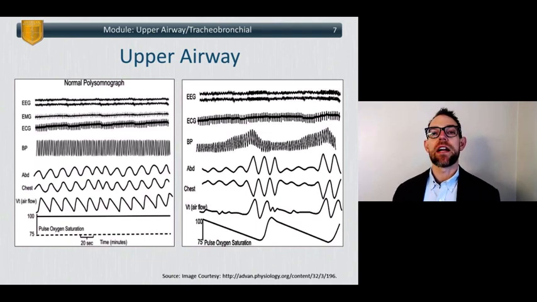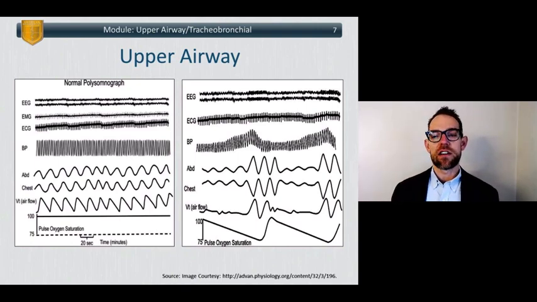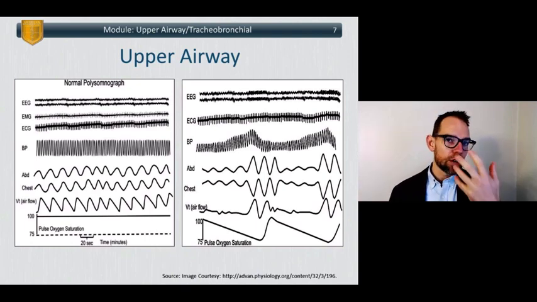Now, if you look on screen right, this is for patients that are affected by obstructive sleep apnea, and this is a patient who's actively undergoing an obstructive episode. So EEG, EKG are largely unaffected. What you see is that when a patient is nearing the end of an obstructive episode, they start to become hypertensive. So that's where you see the blood pressure rising. Of course, you see at the beginning, abdomen and chest moving not synchronous, and tidal volume being 0. Obviously, they're breathing against a closed glottis or some sort of obstruction, so